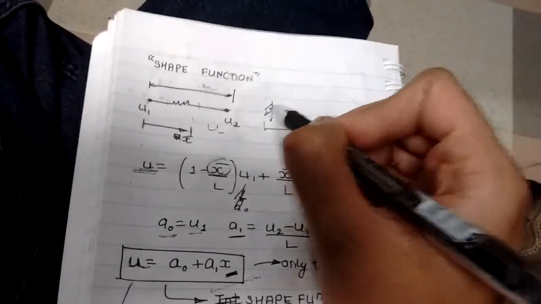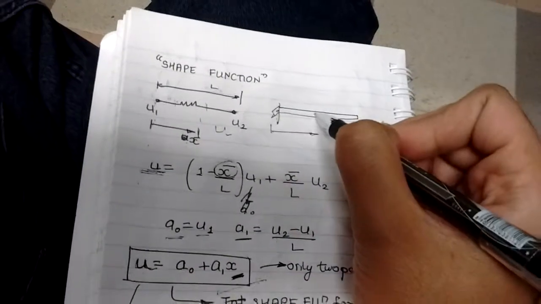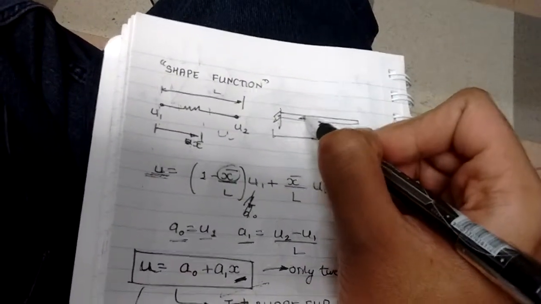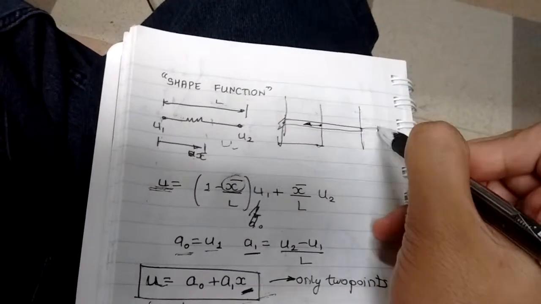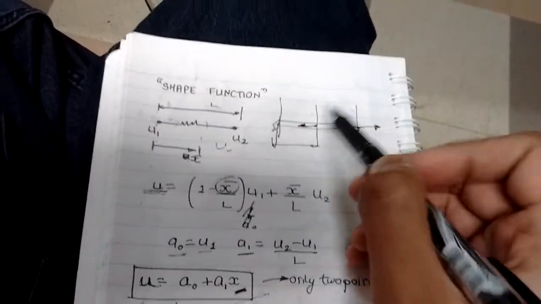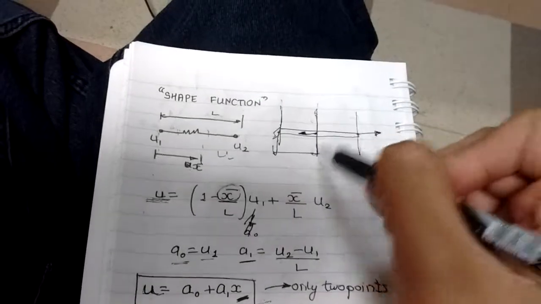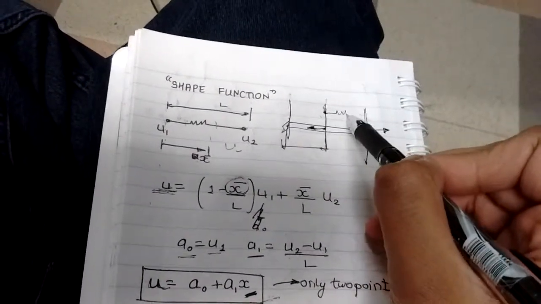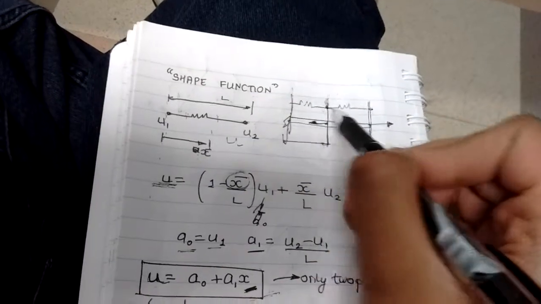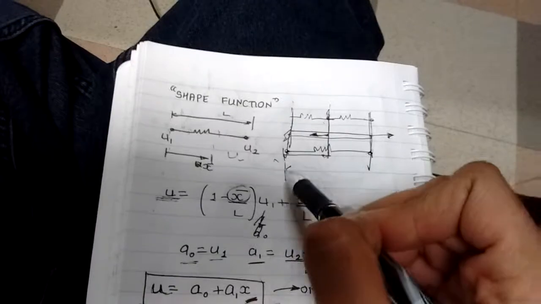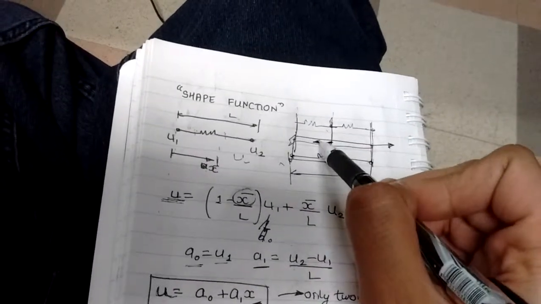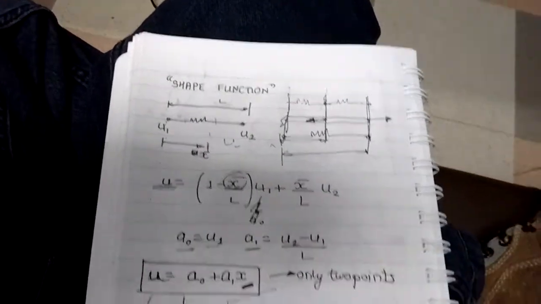Hence, if inside a bar we have a force over here and another force over here, obviously the stress in this part and the stress in this part won't be the same. Hence we need to take two elements to define the mathematical model. If we take just one element, the stress will be constant, and hence the effect of this force cannot be taken.